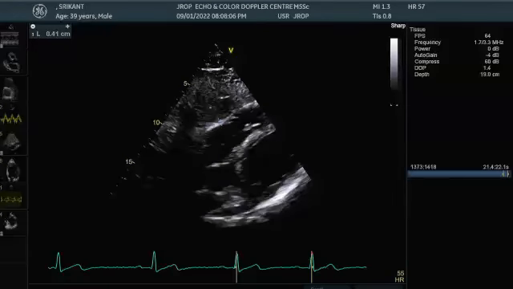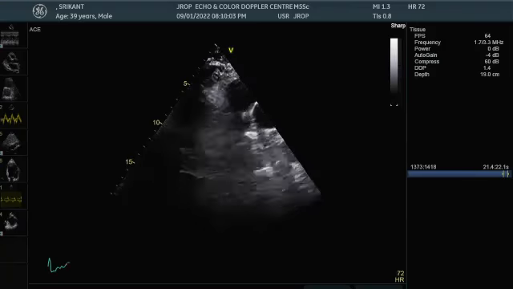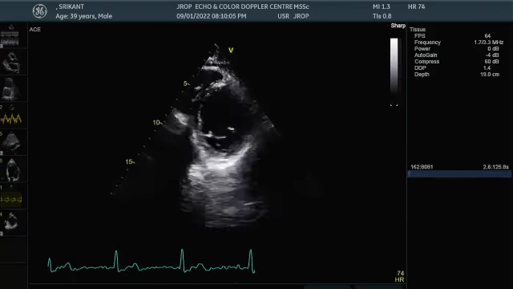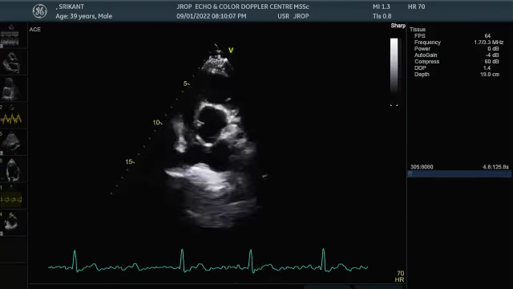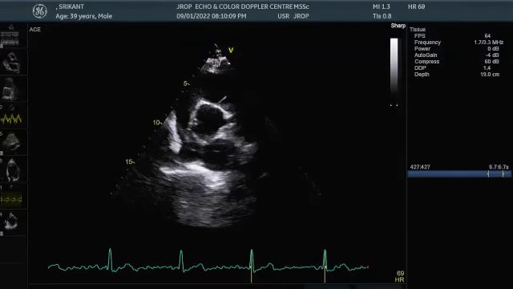We don't do AVA planimetry, Narendra. Aortic valve area planimetry is not a correct method because we cannot do it properly. Only AVA planimetry we do at transesophageal level. We can do it, I'm not saying that we can't, but let me just show you. This is not authentic. You cannot quote this aortic valve area. So I'm showing it, but don't quote it at any point. Look, this is how we can do it.